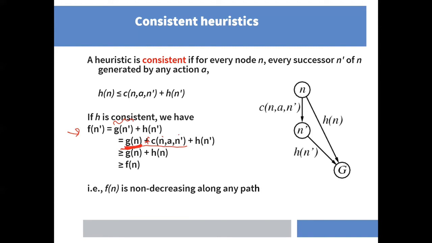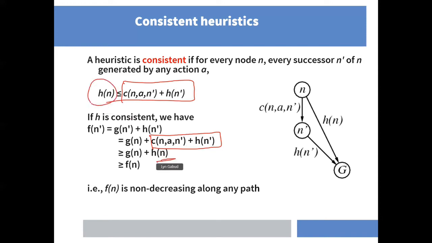And then take a look at this one. Here, this part is the same with this. Substituting this value to that one, we have here h of n, and we use this symbol. Therefore, in the end, we have h of n prime is greater than, f of n prime is greater than